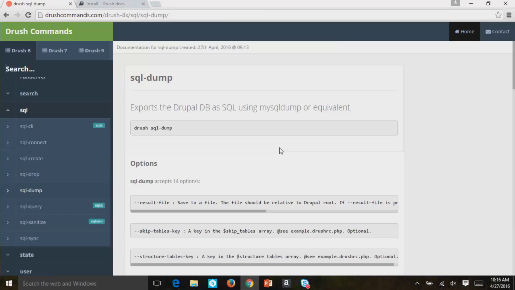Shout outs to the Upstate Web Slack in the Drupal chat, to Justin Winter, to Rob Trison, and all of the other people who helped. I can't remember SQL commands, but you can actually use this SQL query drush command here.